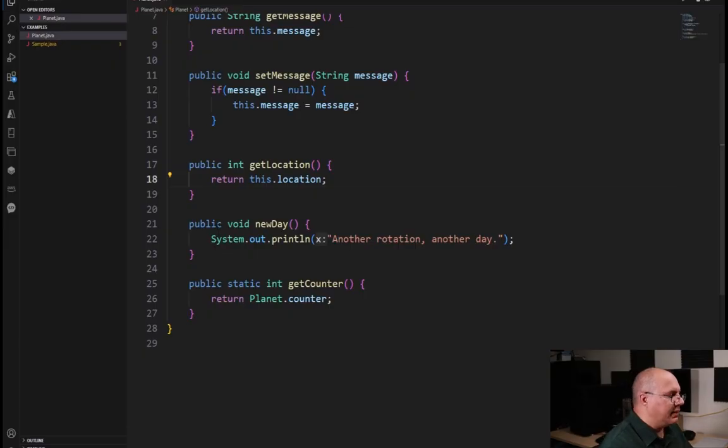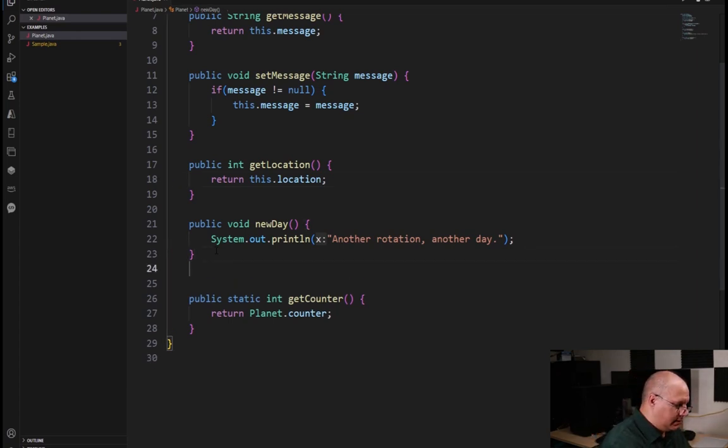Here I have a method, public void new day. Notice it does not take any parameters, and because it doesn't take any parameters, we just simply put a system out. Now, we could have multiple new day methods by simply doing something like public void. Our return type does need to be the same, just like our name. And in this case, I'm going to say int